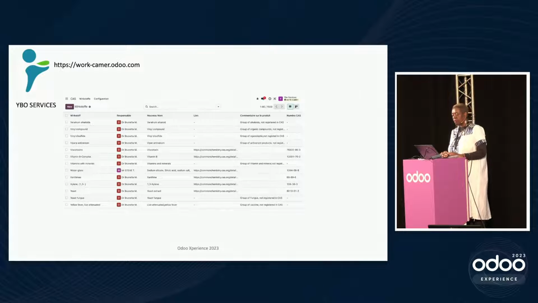And here, on that side, you see the chatter, and you see all the changes that have been done. So you see that, for instance, I created it, and it was created. You see here, I say it's in French, it's half French and half English and half German. So because I just,